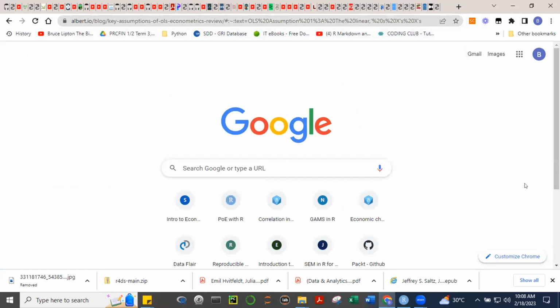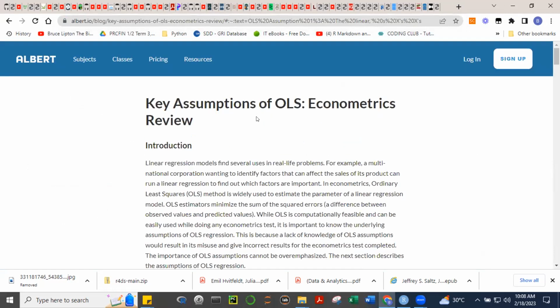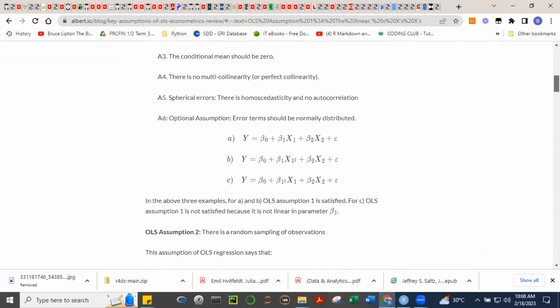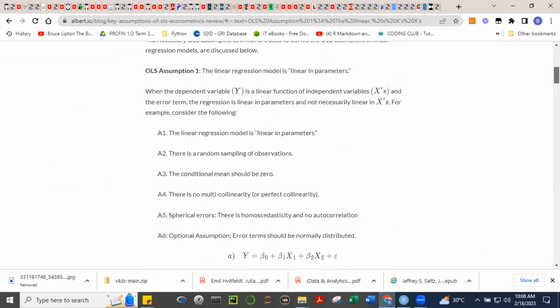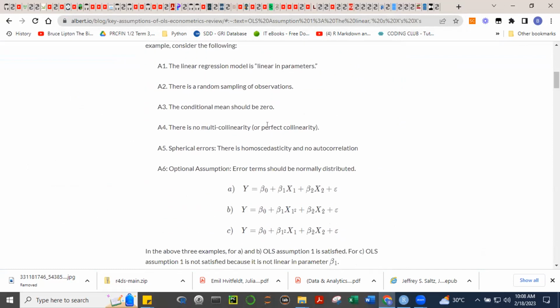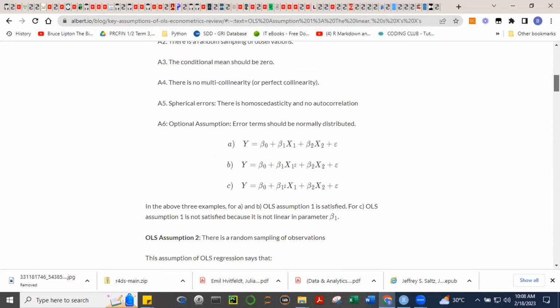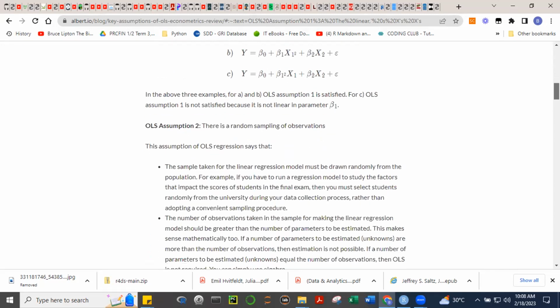Okay, and key assumptions of ordinary least squares class. Key assumptions. All right. So we discussed this class, linear in parameters. Okay. The mean of the residuals is 0. No multi-collinearity or perfect collinearity. Homoskedasticity, no? And no autocorrelation. Okay. Then,